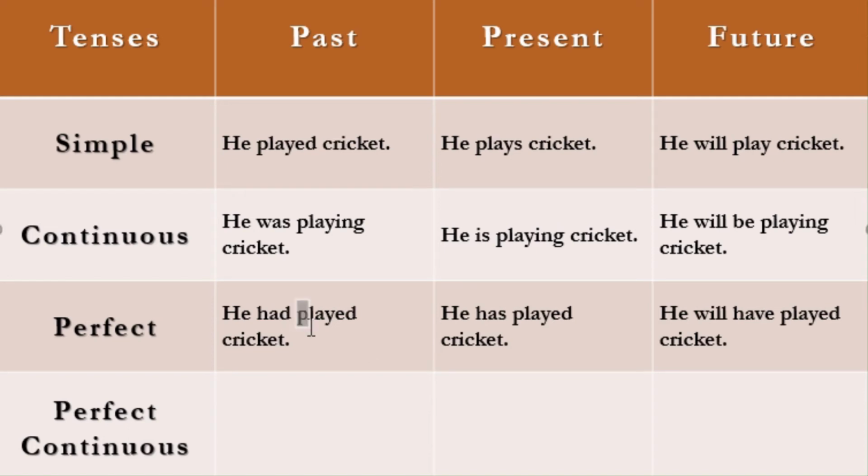In our context here, this is known as the third form basically, but the correct word, what the grammar books have mentioned, is the past participle form. But in this case, the verb play, the past form and the past participle form, that is the second form and the third form, both are same. That is why the word here hasn't changed and it is written as played.